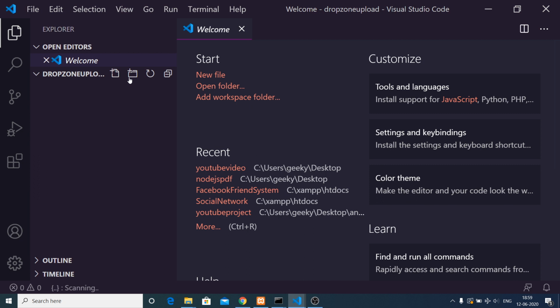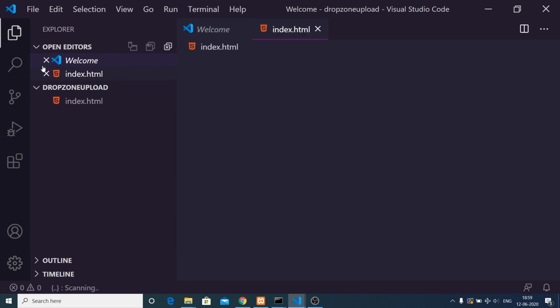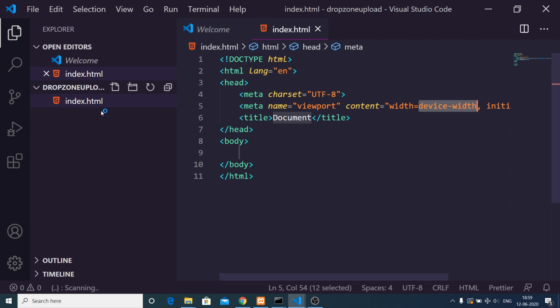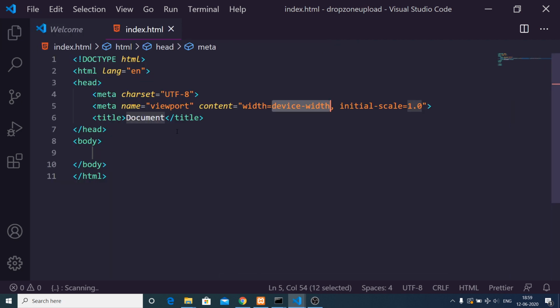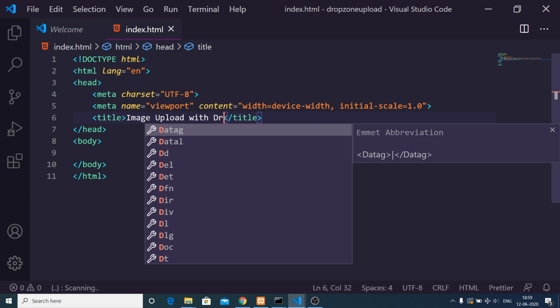First of all, this is a blank folder. You can see that nothing is there. So first of all, you need to create your index.html file. So here what we want to do is first write a simple blank boilerplate code of HTML. So here I will just change the title to image upload with Dropzone